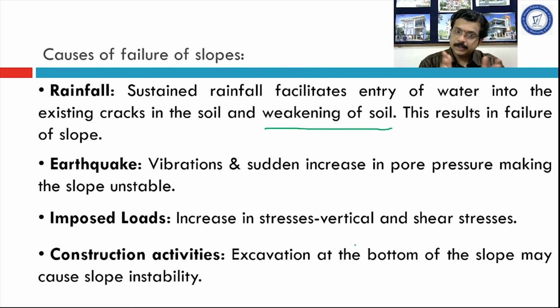All these reasons are responsible for an increase in the shear stress or a decrease in the shear strength. So in this way, today what we have seen? We have seen first what are the assumptions involved in the stability analysis of slope. There are 4 assumptions. Thereafter, we have seen what are the factors of safety considered in the analysis. First is with respect to shear strength, second is with respect to cohesion, and third is with respect to angle of internal friction. And for all practical purposes, these 3 factors of safety are taken equal in magnitude.